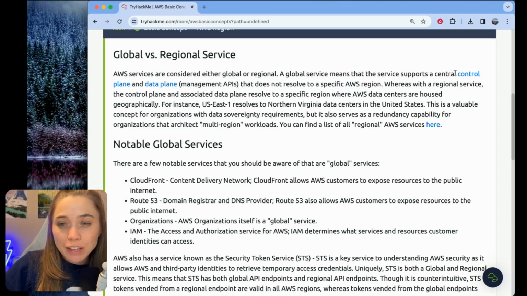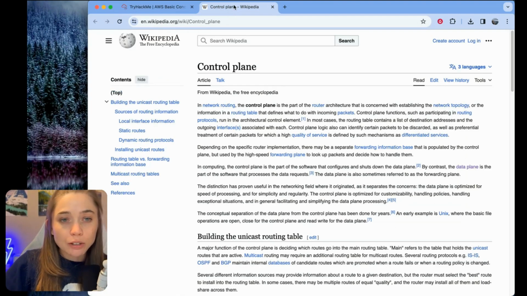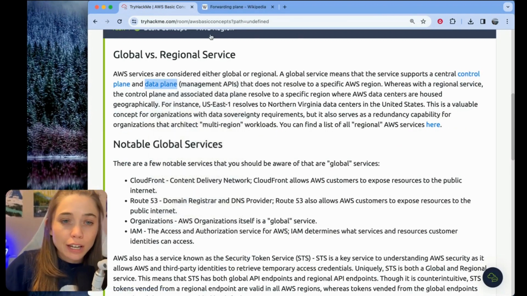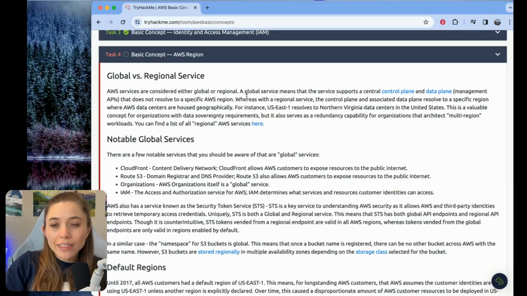Also, here in TryHackMe, there are links to what looks like Wikipedia about these terms. So here's the Wikipedia for control plane, and I assume the Wikipedia for data plane. So you could come in here and read more to get up to speed if needed. The way I think about control plane versus data plane within the context of AWS services typically is control plane